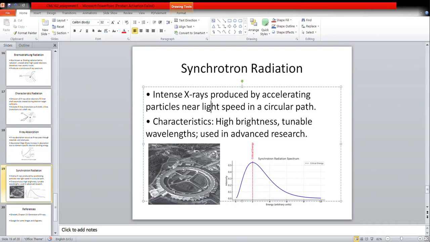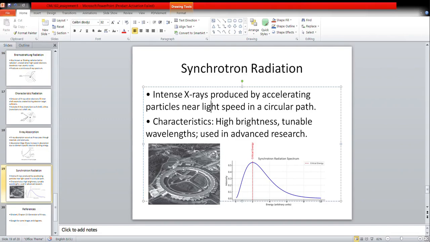If they undergo deceleration by a very large amount, we can observe intense X-rays. That is, they move with a very high speed because they have a lot of energy. So when they move near light speed in a circular path,